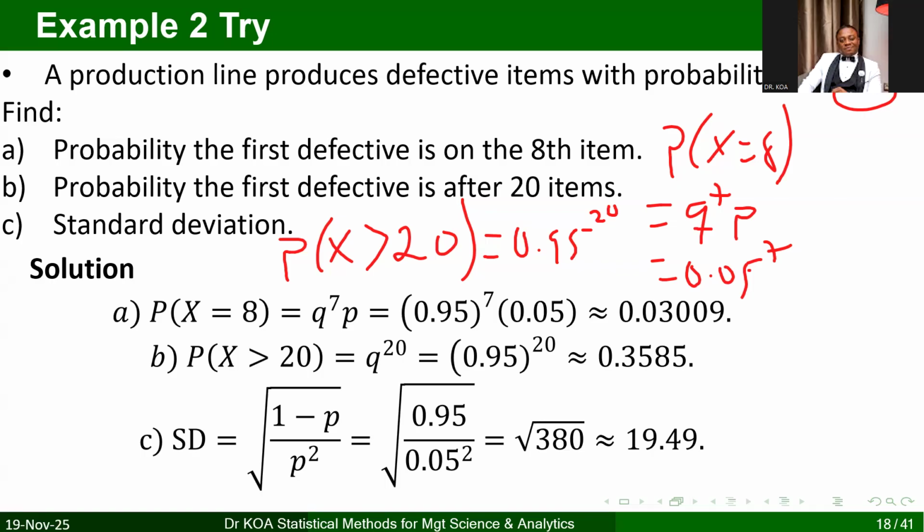Well, it depends on what distribution you are dealing with. Normally we speak in terms of the normal distribution, but technically, if the data set or the distribution has any mean,